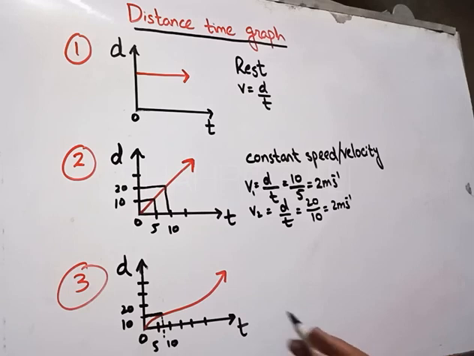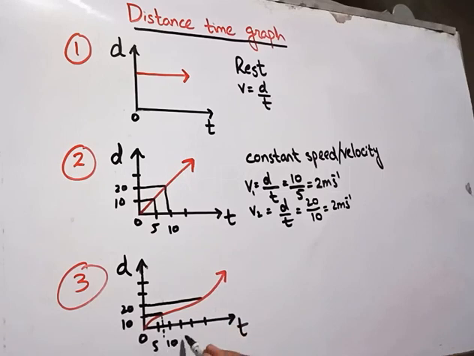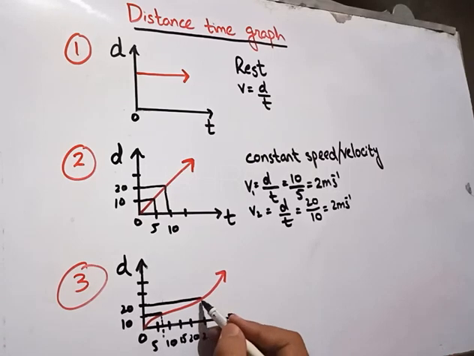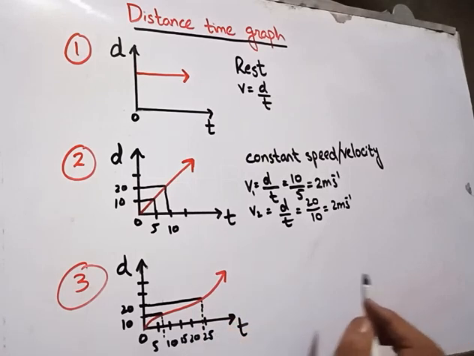Now in the next interval, here you can see, in front of 20, I have drawn the line which shows that time is not equal in intervals, meaning 5, 10, 15, 20, 25. Now if you join this line with this, suppose it is 24 seconds. In 24 seconds the body has covered 20 meter distance, which is not equal to the previous one.